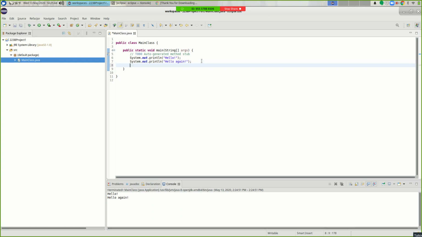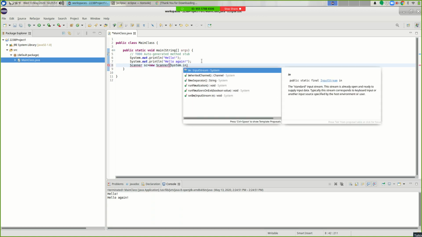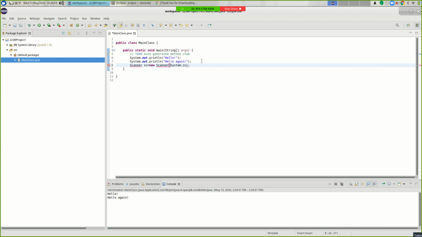So let's make a Scanner. So we'll make a Scanner on System.in. And I was looking at my keys when I was typing because I'm a two-finger typer. But it was popping up all this stuff anyway. Okay, and I still need a semicolon at the end, so I'll put my semicolon in. But Scanner is flagged as erroneous, so hover your mouse over there, and it tells you Scanner cannot be resolved to a type. It doesn't know what a Scanner is, right?